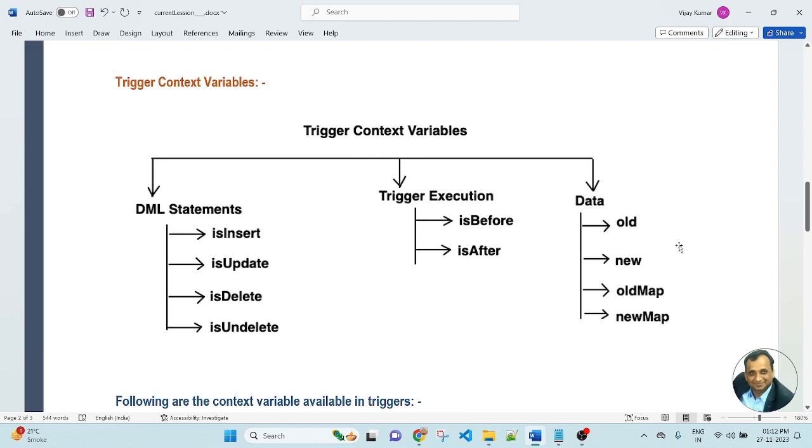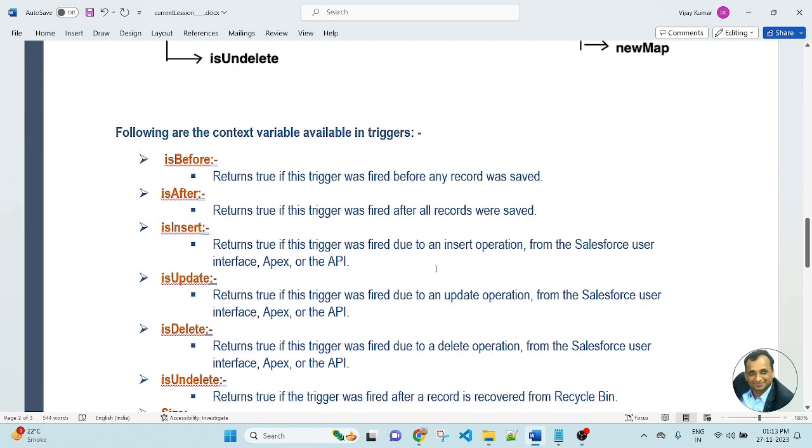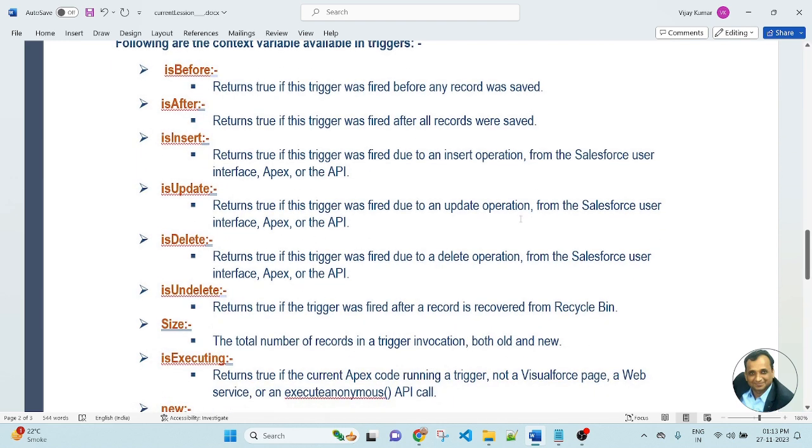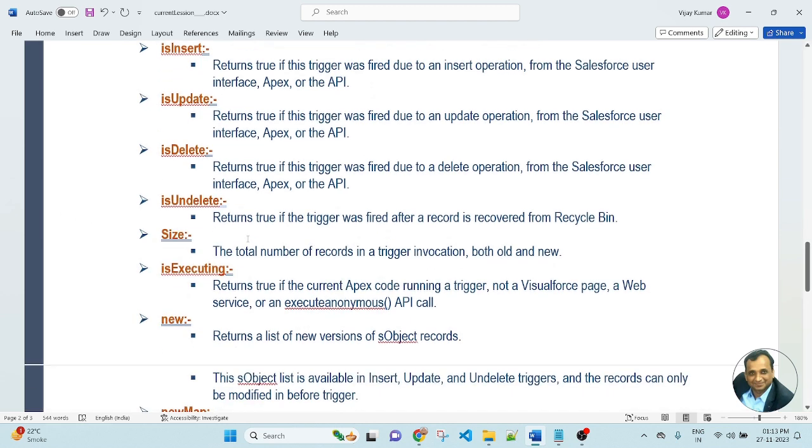Following are the context variables available in Apex triggers. isBefore returns true if the trigger was fired before any record was saved. isAfter returns true if the trigger was fired after all records were saved. isInsert returns true if the trigger was fired due to an insert operation from the Salesforce user interface, Apex or the API. isUpdate returns true if the trigger was fired due to an update operation from the Salesforce user interface, Apex or API. isDelete returns true if the trigger was fired due to a delete operation from the Salesforce user interface, Apex classes or the API. isUndelete returns true if the trigger was fired after a record is recovered from the recycle bin.